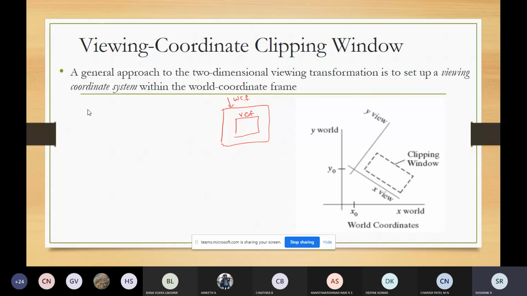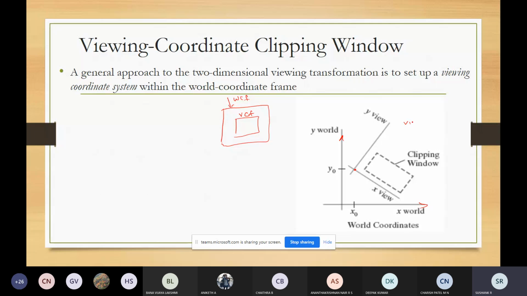Here the world coordinate system is given by the x world and y world coordinates, the two lines which I have highlighted. Now they are selecting a point given by x naught, y naught as the origin for the viewing coordinate.